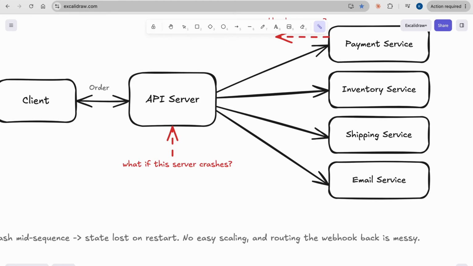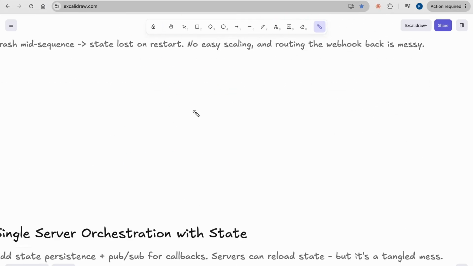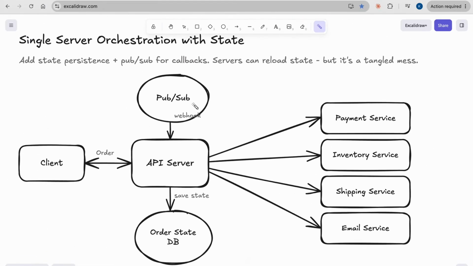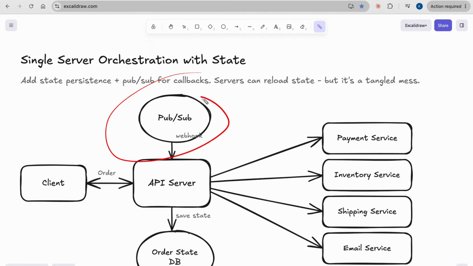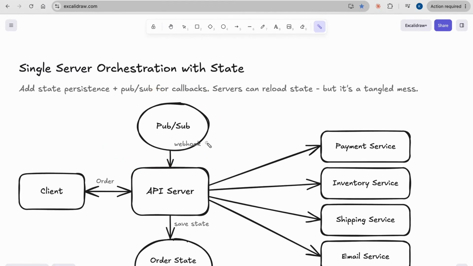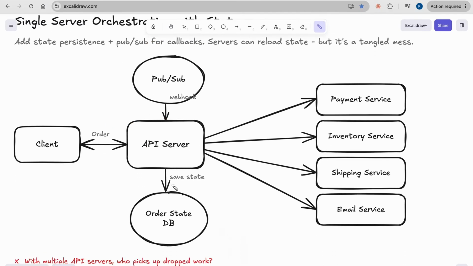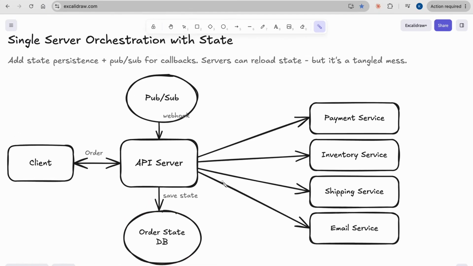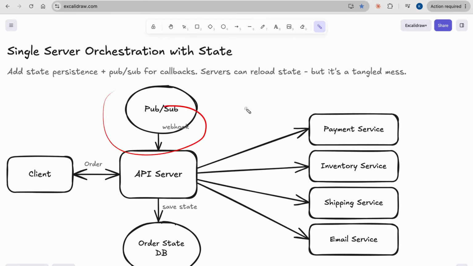So we can usually patch that up using an approach called pub/sub. Here we persist the order state to the database. We maintain this order state in the DB after each step that we complete. So now no single host has to remember it, and we route callbacks through webhooks via pub/sub.